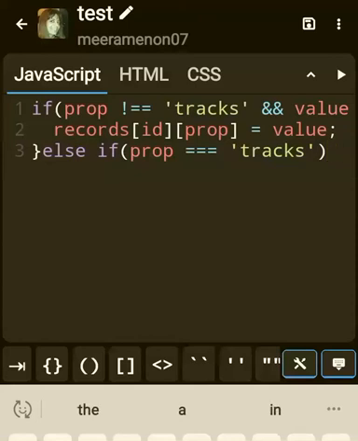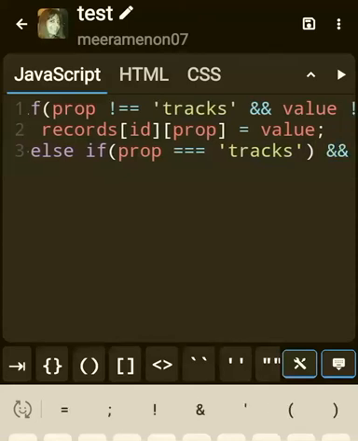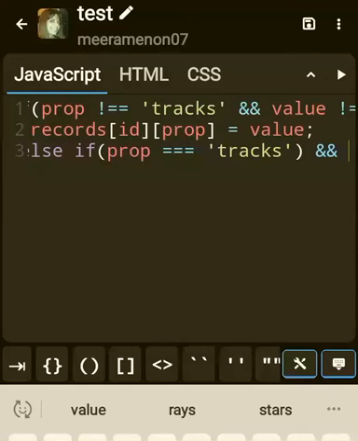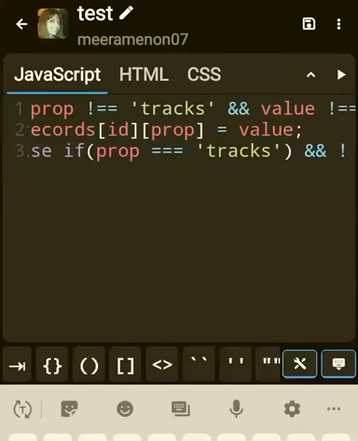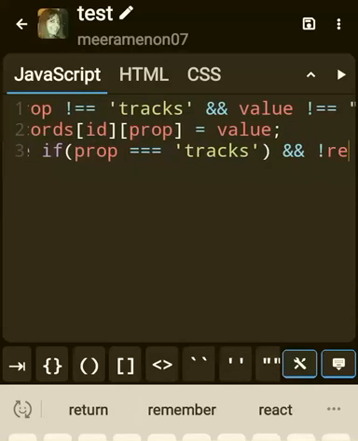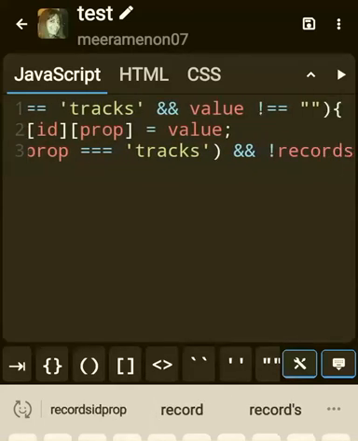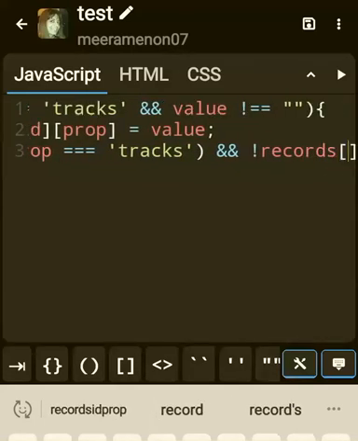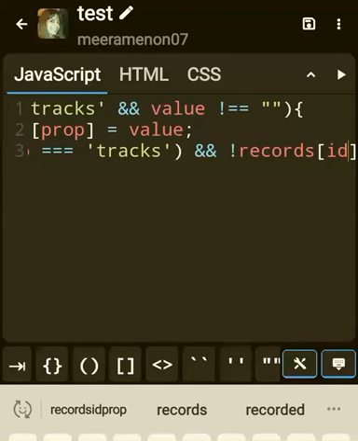Okay. So, going back to the condition, if prop is equal to tracks. And take your time and code along with me. That's what I suggest when you're doing this. When you're watching this, I suggest take a pen and pencil or your code file and do it along with me, in CodePen or any cloud editor.